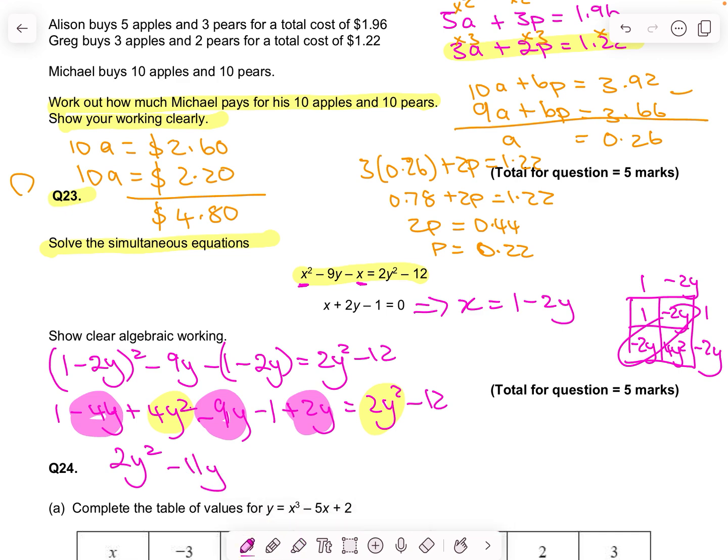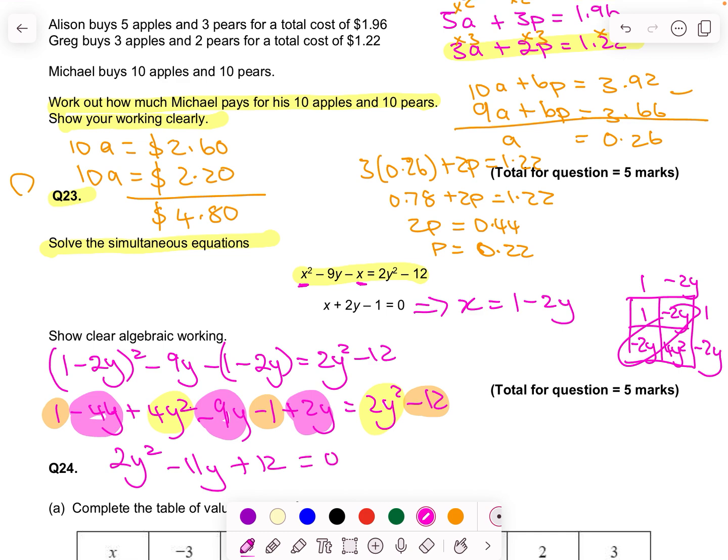And then the last thing I need to put together is my constants. So I've got 1, take away 1, which is 0. But I'm going to bring the minus 12 onto the other side. So I get plus 12